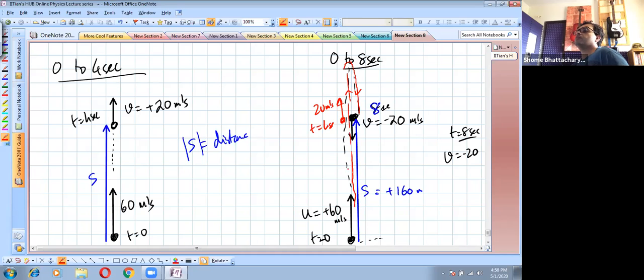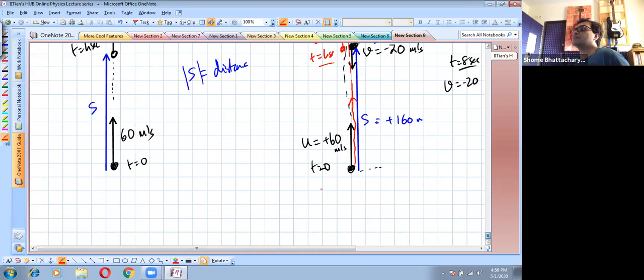The distance traveled is going to be the displacement from the ground till whatever highest point is reached, and then add to that the magnitude of the displacement from that highest point to this point where its velocity is again becoming minus 20, or the time is 8 seconds. So between 4 and 8 seconds, somewhere you can see that the direction is changing. So that is why in this case, the distance